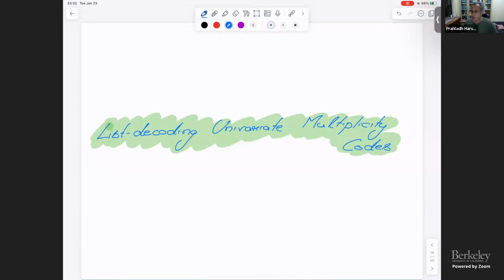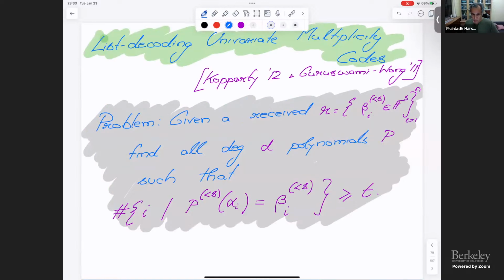One of the big reasons univariate multiplicity codes were studied in coding theory is because they are list decodable well beyond the Johnson radius. In fact, for certain choices of the multiplicity parameter, they are list decodable all the way to capacity. More precisely, Kopparty and Guruswami-Wang independently